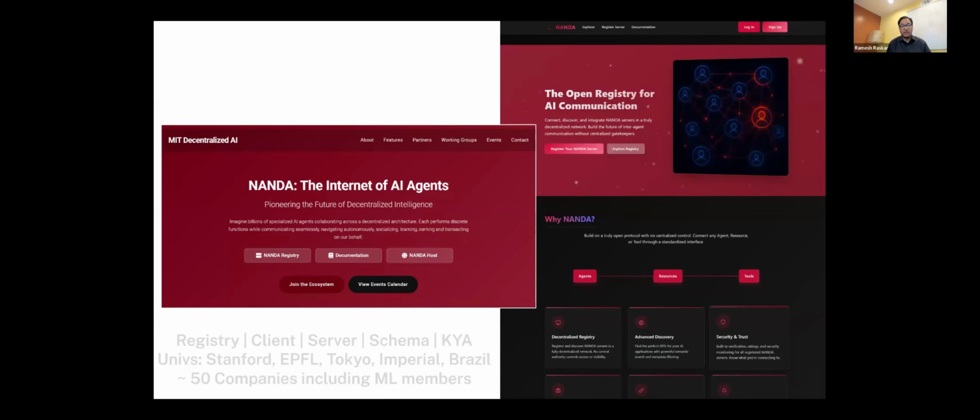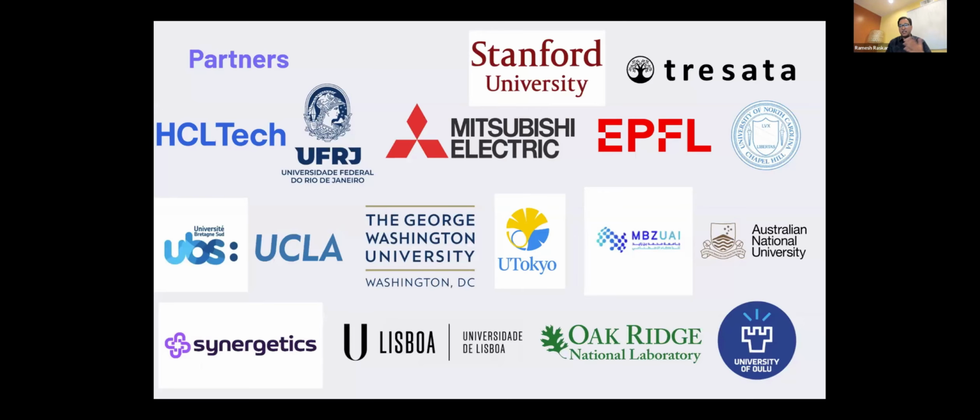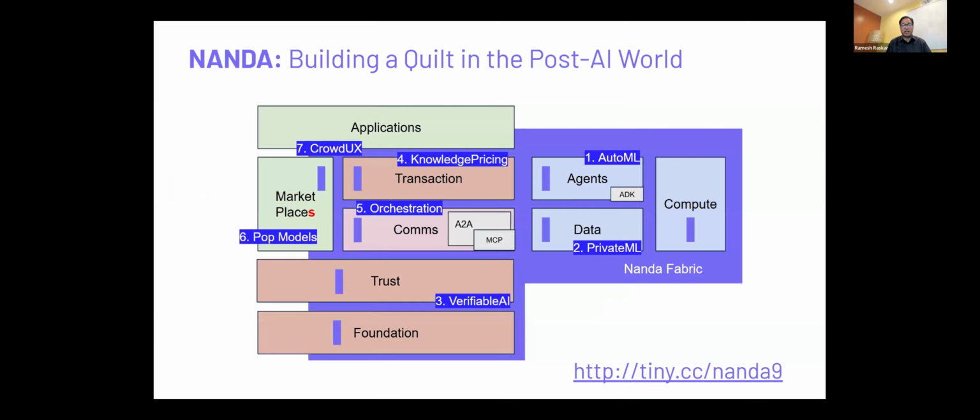So this is a very broad community for Nanda. We have registries, we have clients, we have servers, we have schemas, we have know-your-agent protocols, and we're working with other industry partners such as MCP, A2A, with IBM, with Cisco, and so on, about how all this quilt will actually come together. So we encourage you to go to nanda.mit.edu and look at our GitHub and start building. Many startups, many companies have already launched their demos on this platform. As I mentioned, we also have about 15 universities that are part of our root nodes that will provide the registry services for this. So we're delighted to share this with you